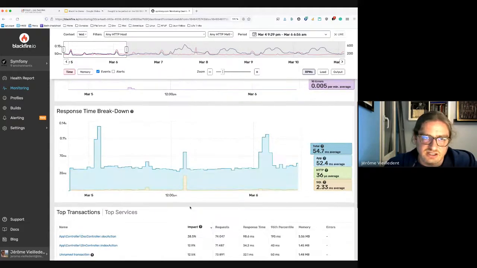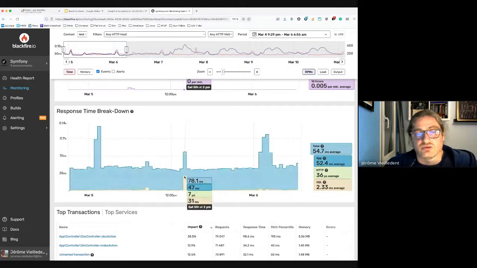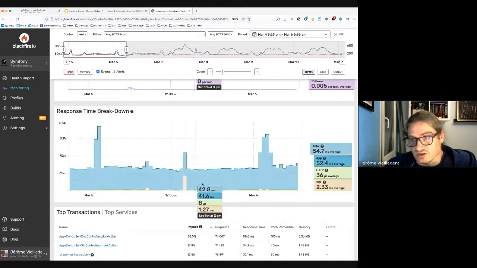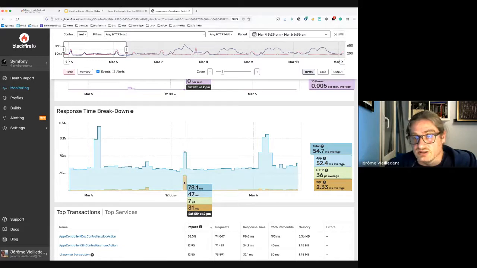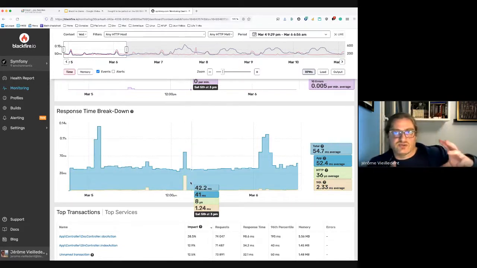The following section is about the response time breakdown. They're extracted from the extended traces, so this is services monitoring. Here we're using mainly the database. These graphs can give you an overview on how much your interaction with the database counts in the whole application.